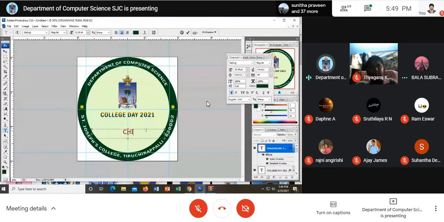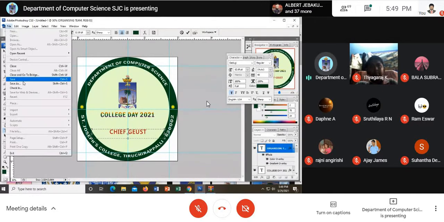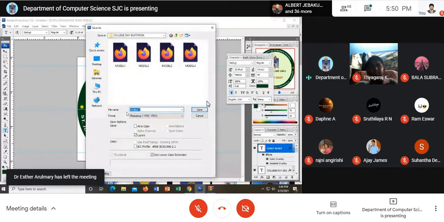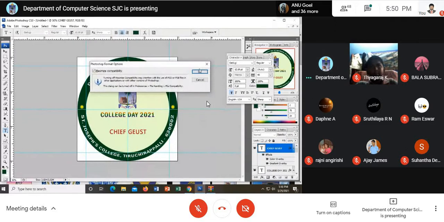For example, if you want it for chief guest, or guest of honor, maybe the principal, something like that. So you can give the badge separately with the name, right? You know how to save it. Save as badge, and I just name it Guest.